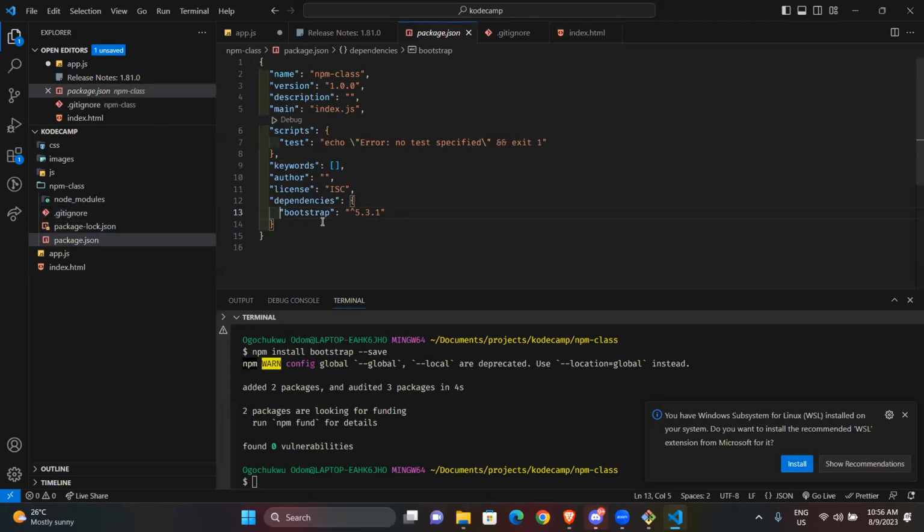So when the person runs it, they get an error, and then they have to do npm install to install all the packages that are listed in the dependencies of your local application. I don't know if you get what I'm saying. Do you understand what I mean? Okay, so let's just go on.